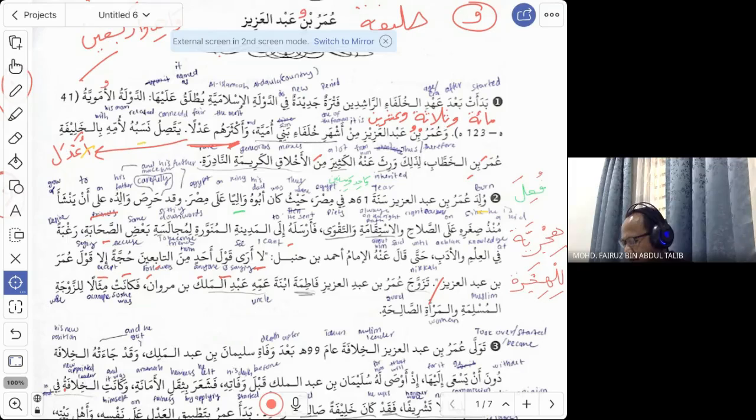So I have never seen anyone among the tabi'in whose saying is considered as hujjah. Hujjah here is not excuse. Hujjah here is proof, evidence, meaning that no one when they say something has evidence except the saying of Umar Abdul Aziz. This is just to praise Umar, saying that whatever he says is hujjah. Okay. Yes, hujjah and with knowledge. Okay, and then